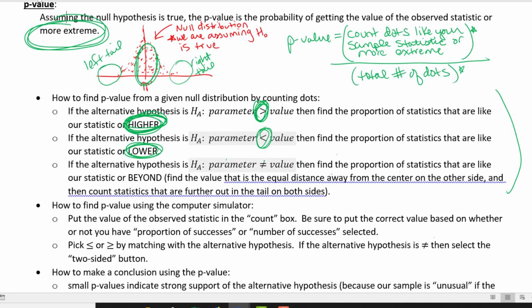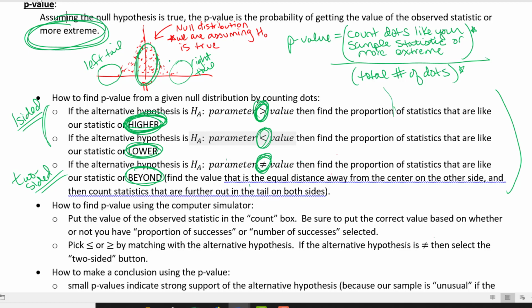And if you have an alternative where you have a not equal to symbol, you're going to actually count on both sides. This is called a two-sided test. These other two up here were one-sided. You're counting dots on one side of the null distribution. When you do a not equal to symbol, you're going to count dots that are like yours and more extreme,